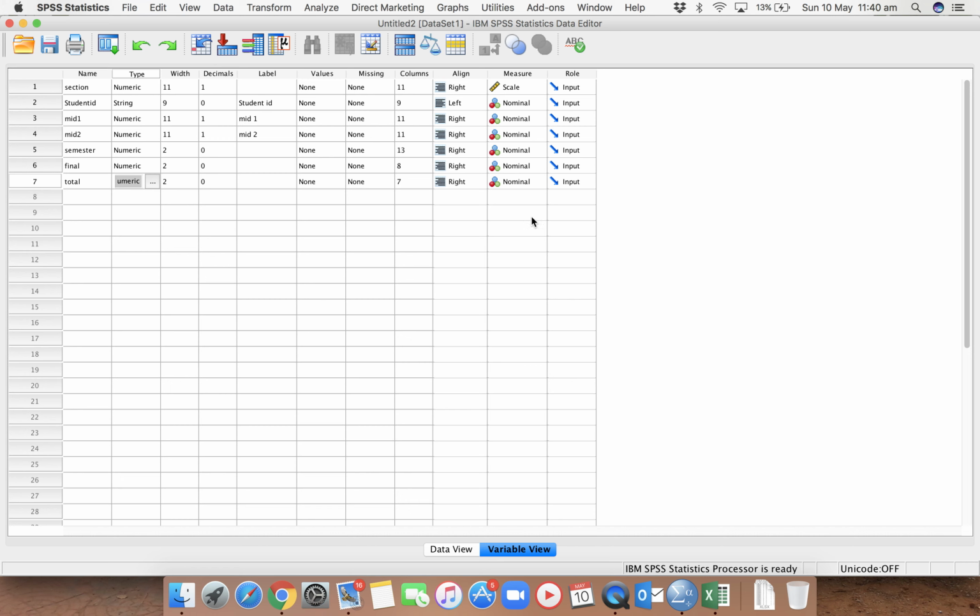After this you have to make the measure in the form of scale. For that, click here, choose scale, and repeat for each variable. Now this will be finished.